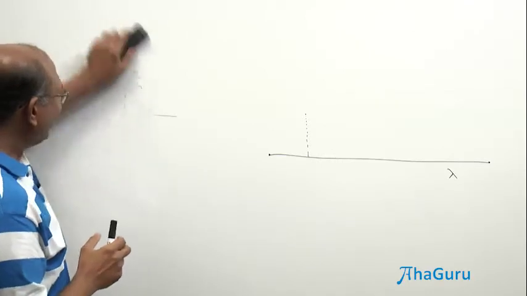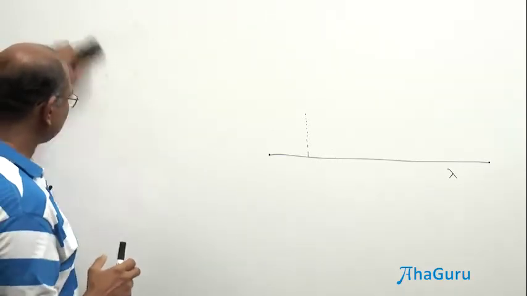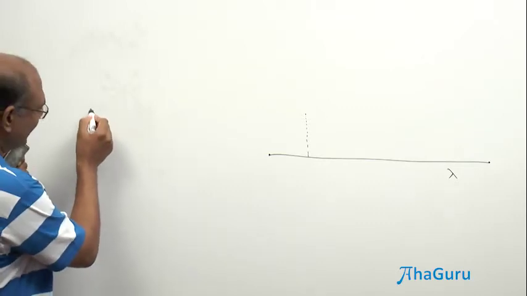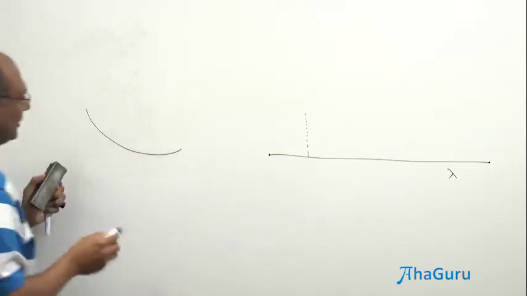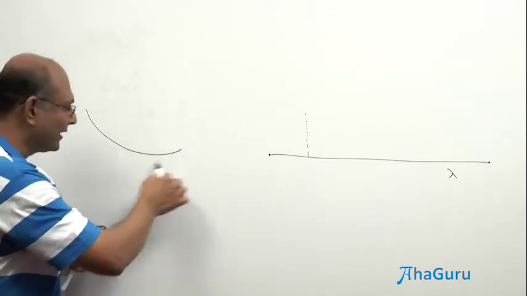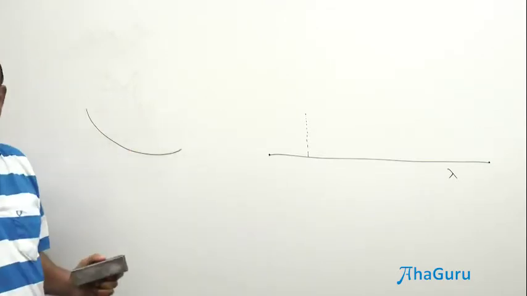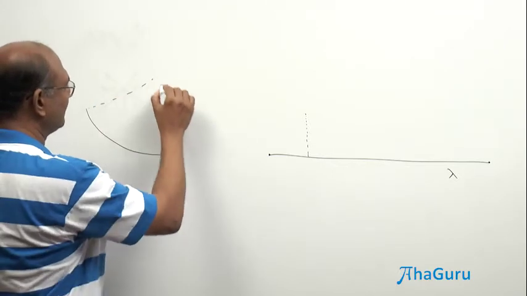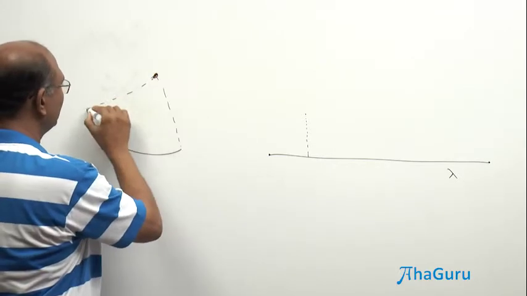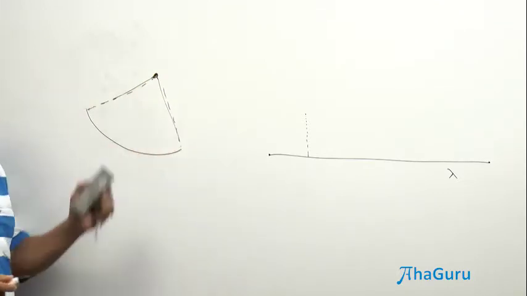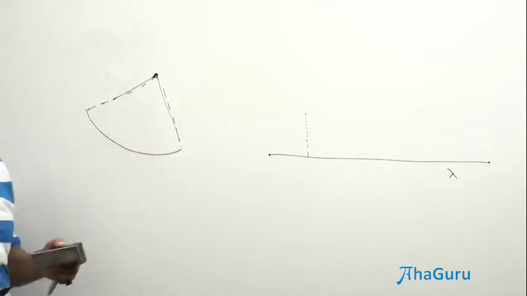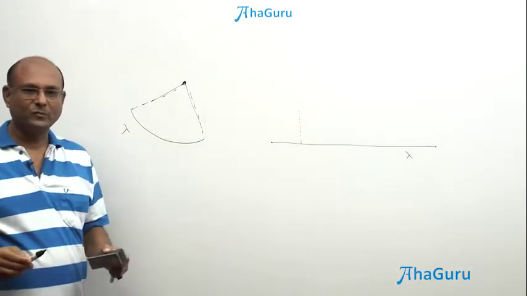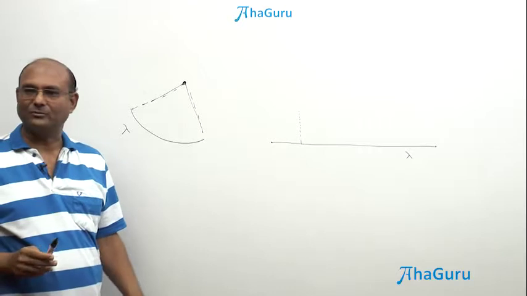Now, suppose I had a different situation. Let us say I had an arc, an arc like this. Now this arc, I have consciously not drawn like this, I have drawn it like that. Now suppose I want to look at its center, somewhere there. I want the field. What do you think will be the direction of the electric field? This is also lambda. What do you think will be the direction of the electric field? So what do you think?